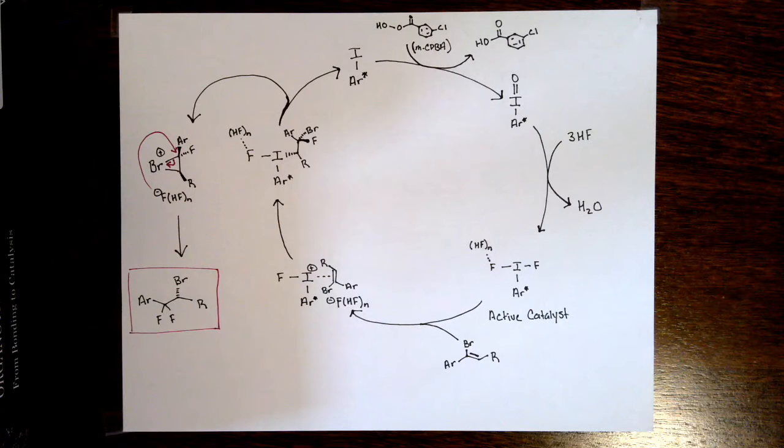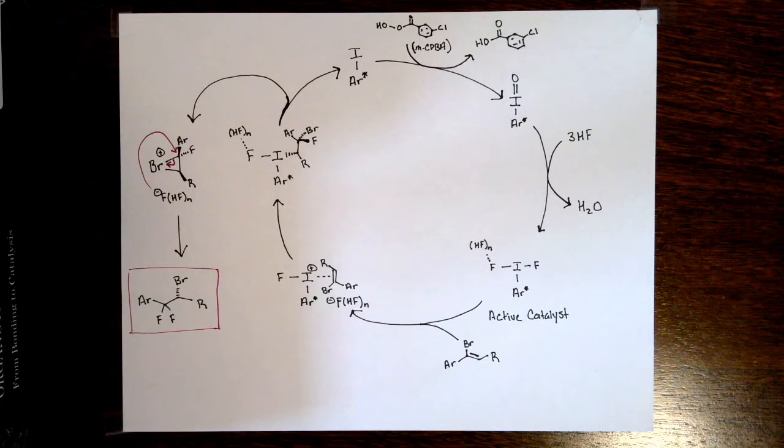Transitioning back to this paper, after looking at all of the precedent, basically they've shown that a number of different pendant nucleophiles, Wes mentioned, amines, as well as even arenes, can displace the iodane leaving group. The real new idea in this paper is, instead of using those pendant nucleophiles, to use a bromine. So in this paper, a bromine acts as a nucleophile, displaces the iodane to get to a bromonium intermediate, and then fluoride anion in the solution can do a stereospecific nucleophilic attack to open the bromonium intermediate to get to